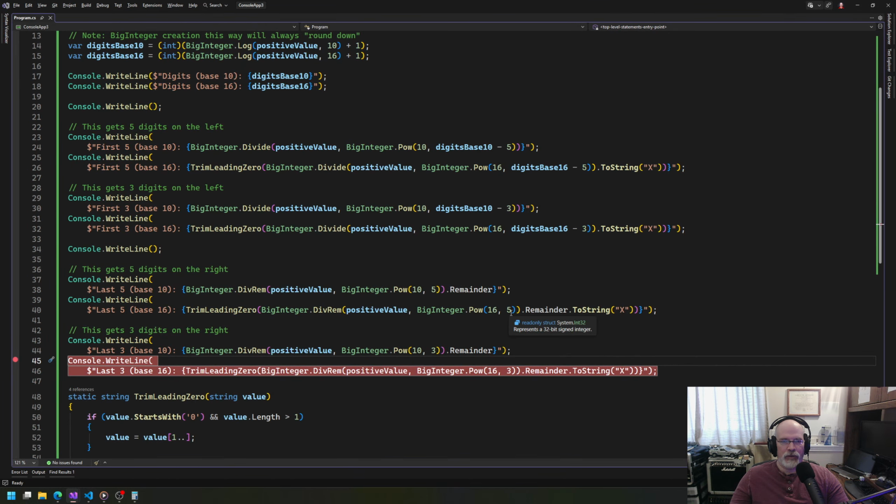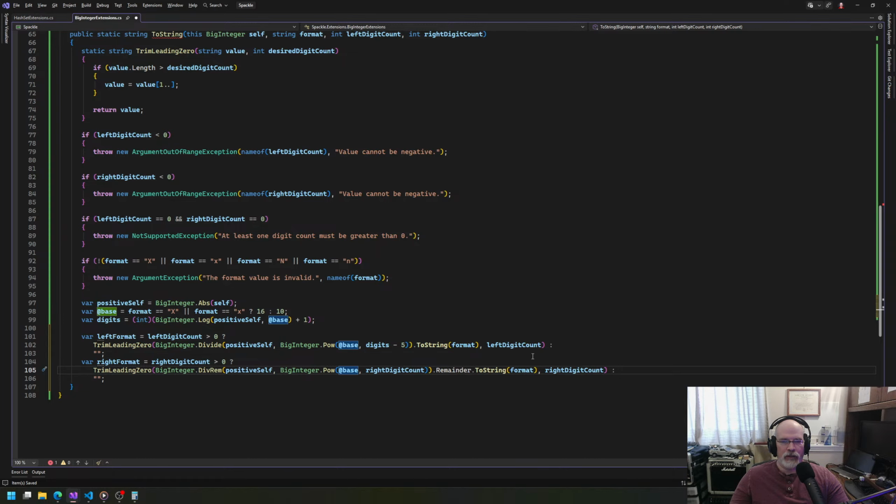So we're going to want to say BigInt POW at the base and how many digits we want on the right. Remainder ToString with the format, and then make sure we trim and then do that. And then now we want to say here, return, we're going to do a formatted string. So we're going to put here, self is